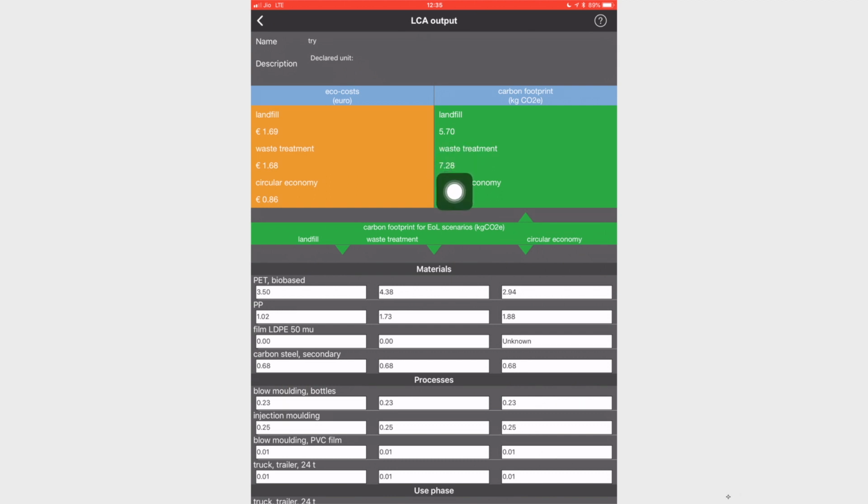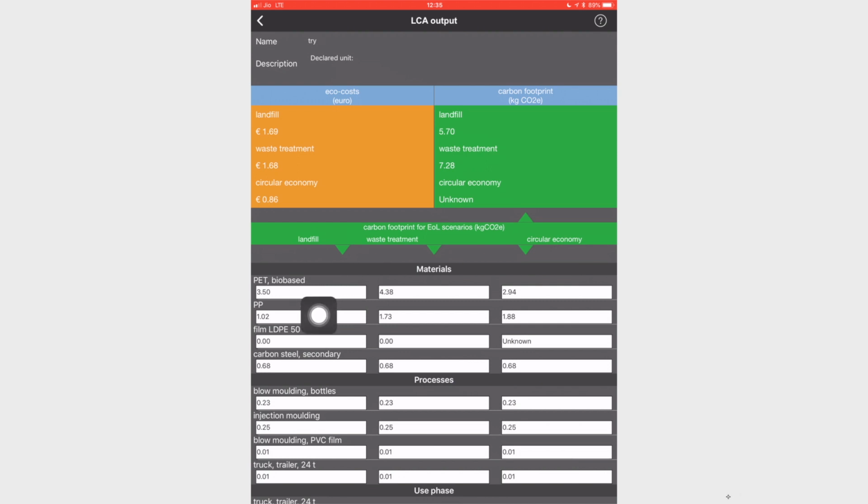Due to waste treatment it will be 7.28, and because I am not going into circular economy, so unknown. And over here you get all the values for individual materials. So, the landfill for the PET bio, PET bio based is not like biocompatible PET. What it means is bottle grade PET.